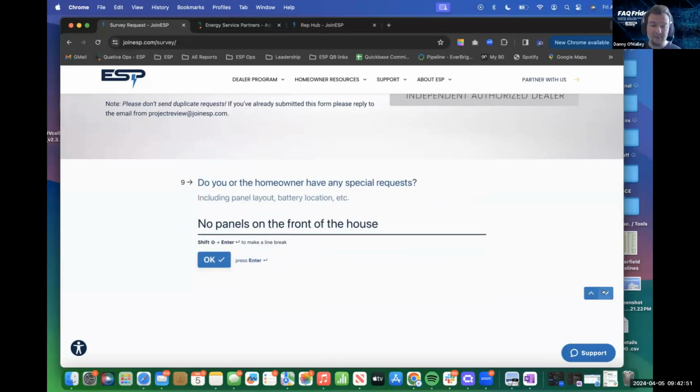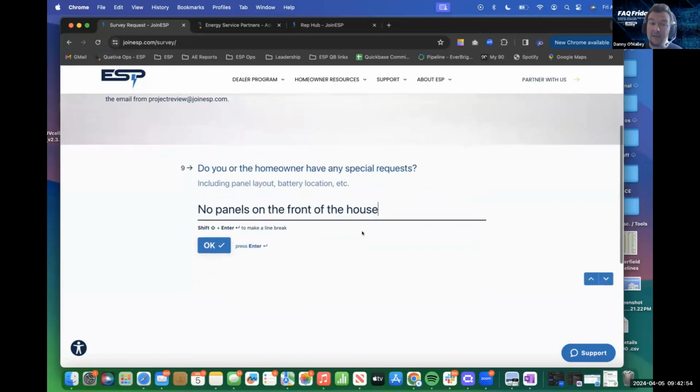Hey, before you go on real quick, now that we're on the battery one, you'll notice on this page, battery location, that is a huge thing these days. So definitely please be having that conversation with the homeowner. They need to know where we physically can put a battery. And eliminate as much of the guesswork or uncertainty as you can before we get there. Like when we do the site survey, we're going to document everything. We're going to do a whole walk around of the house. We're going to take pictures of every nook and cranny and say, all right, looks like clearance, good spacing here. But if you can do that walk around with the homeowner while you're there,